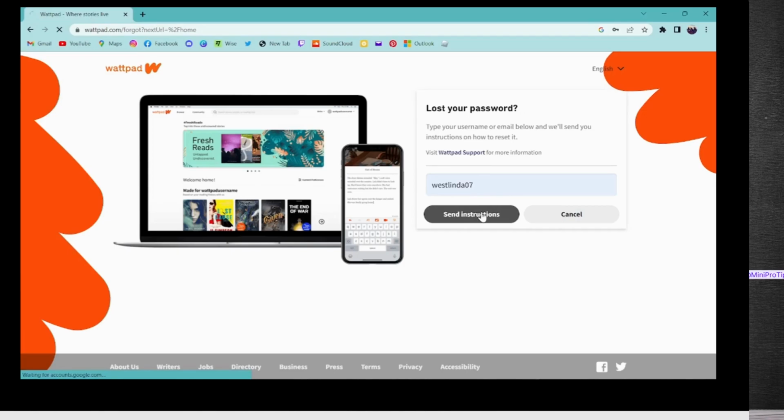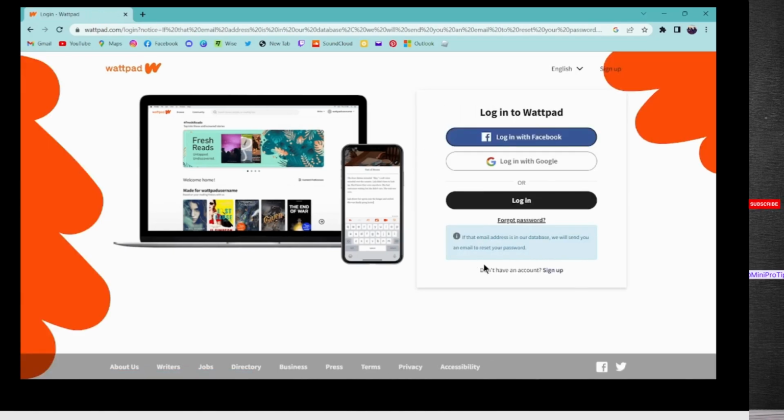have to click on send instructions, and now you will get a mail to your email address which you have used to create your Wattpad account. It may take some time to get that mail. So after you get the mail, you have to open that mail, and you will have a reset password option. You can simply click on that, and then you will have to enter a new password or create a new password. And that's it. That's the way to reset your